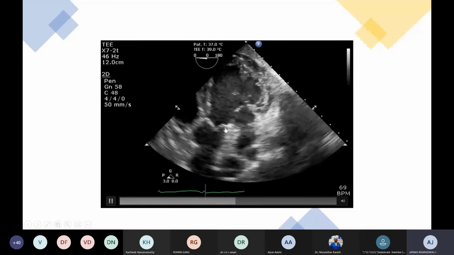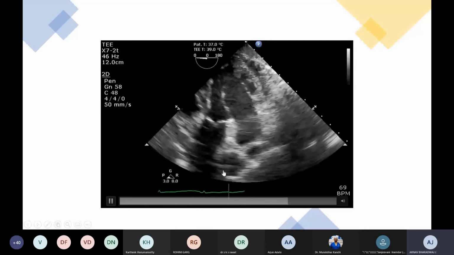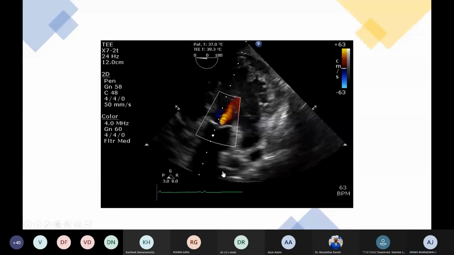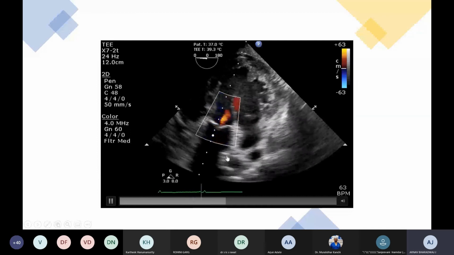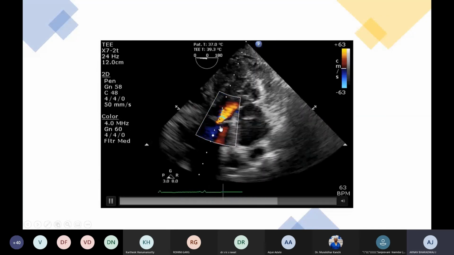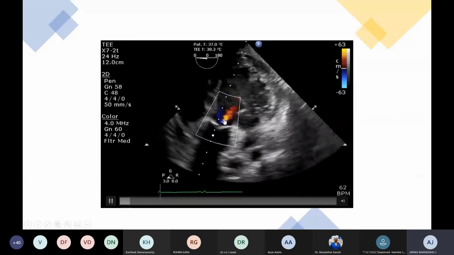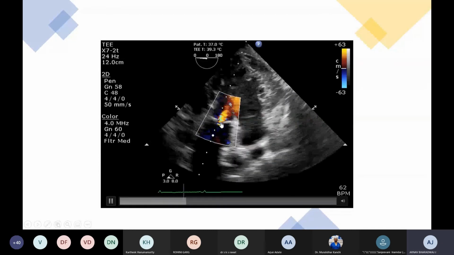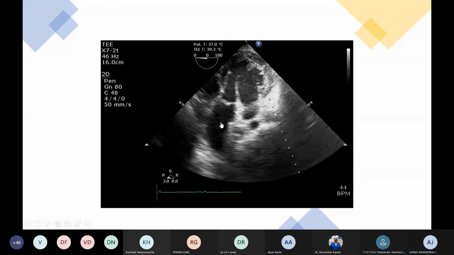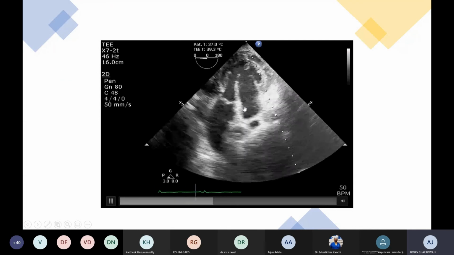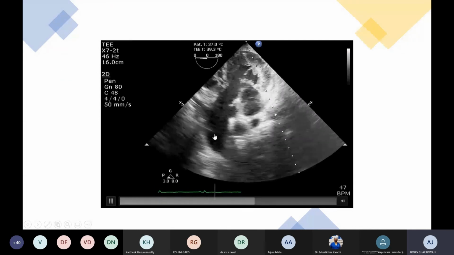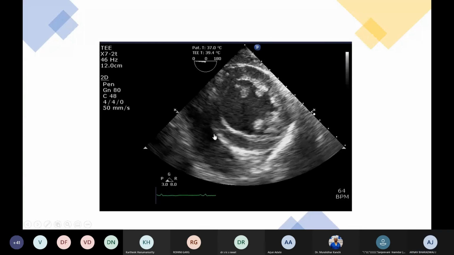Here you can see the aortico-mitral continuity, and in this view, if we put the color Doppler, grading of the aortic regurgitation can be done if it is present. Here it is a mild aortic regurgitation. The probe is pushed a little bit to obtain a good view of the arch of aorta as much as possible. This is the arch of aorta.